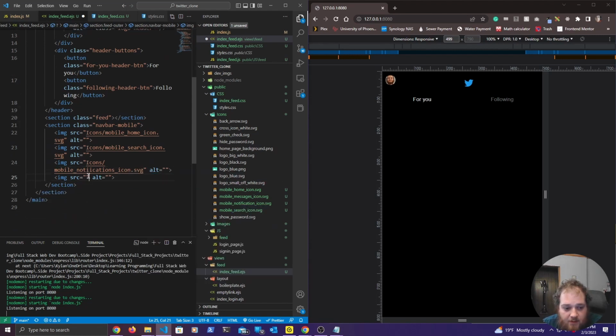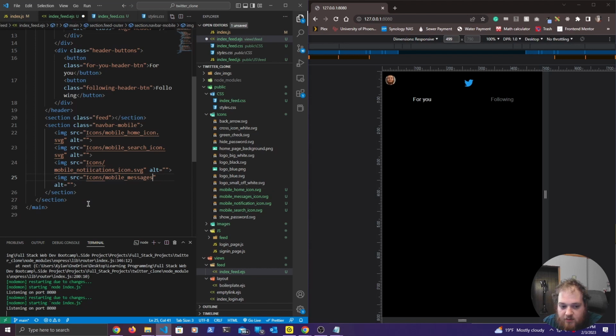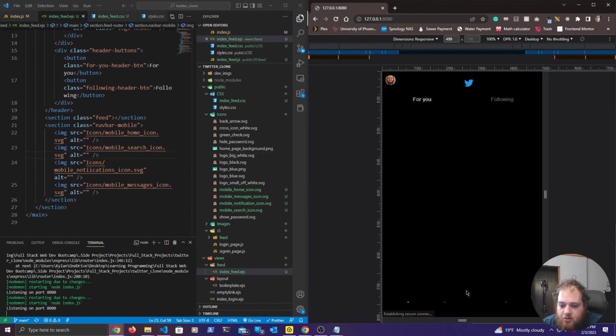All right, and then the last one, icons slash mobile messages icon.svg. There we go. Now if we refresh,